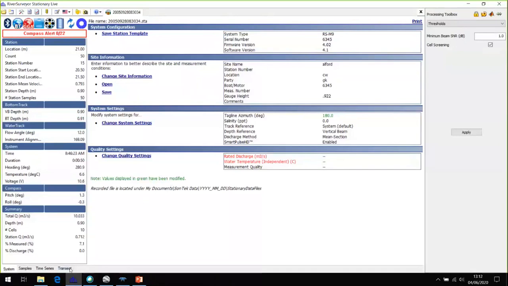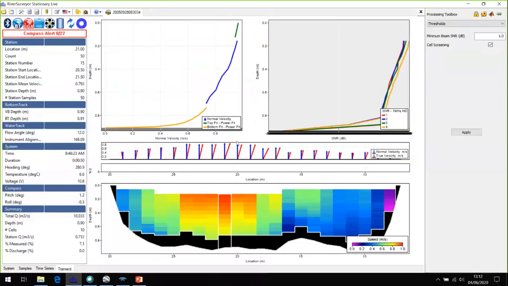So in this example here, we've currently got the compass on, and everything's looking roughly okay, although I think the tagline azimuth is probably a little bit off. Adjusting the tagline azimuth post gauging is not best practice, but if you do think it was wrong, you can adjust it here, and hopefully